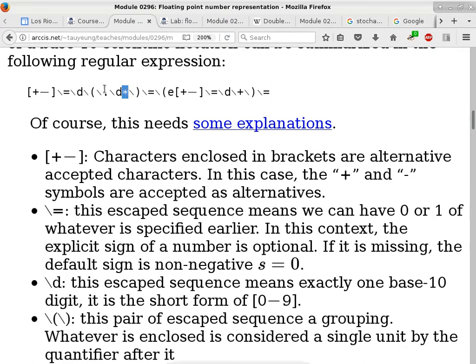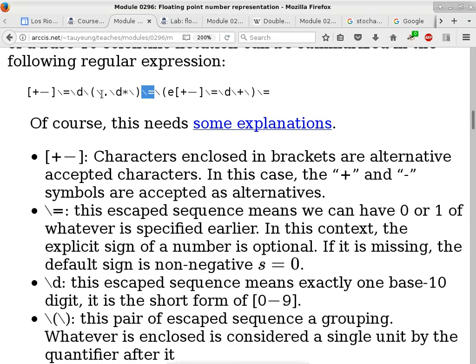And then the entire group itself is also followed by a backslash equal to. Can someone tell me what that means? It can happen 0 or 1 time. But what can occur 0 or 1 time? The entire group. Yeah. In other words, the mantissa does not need to have a point something.